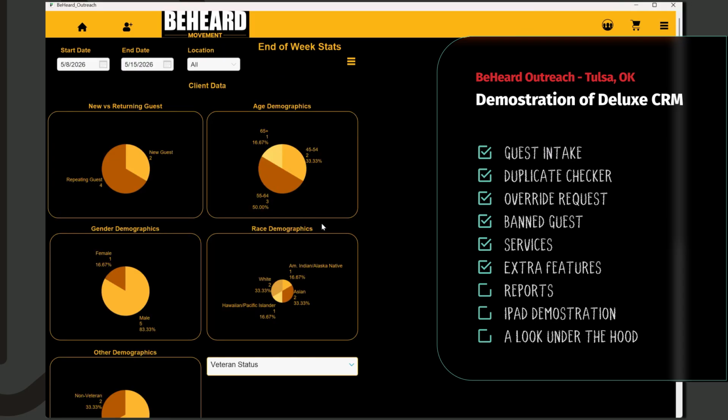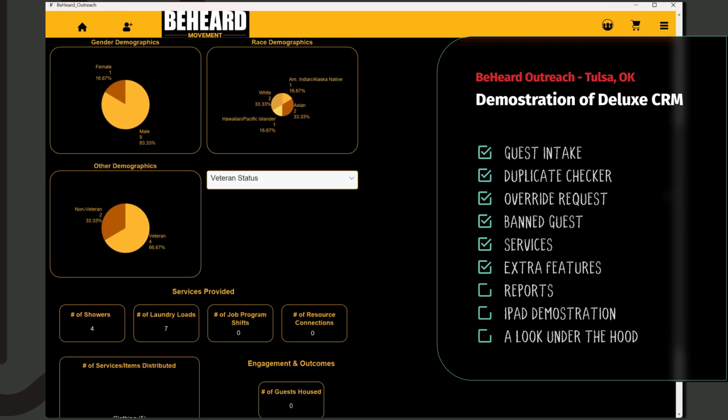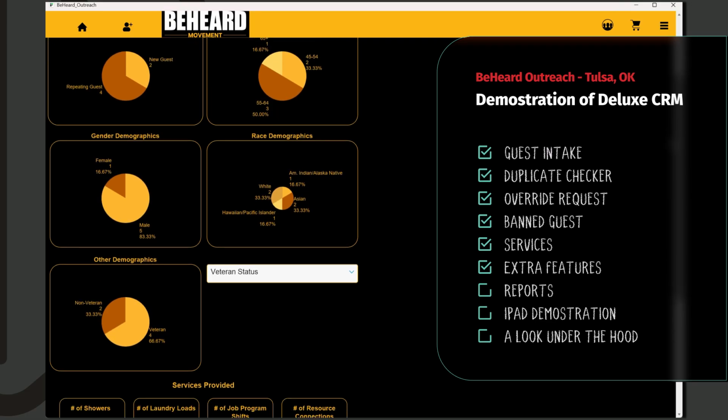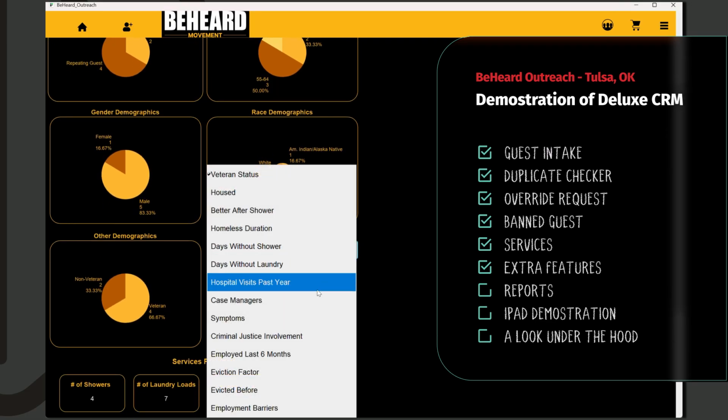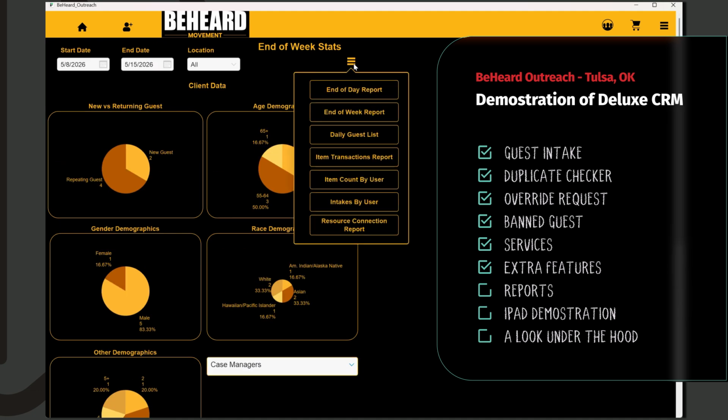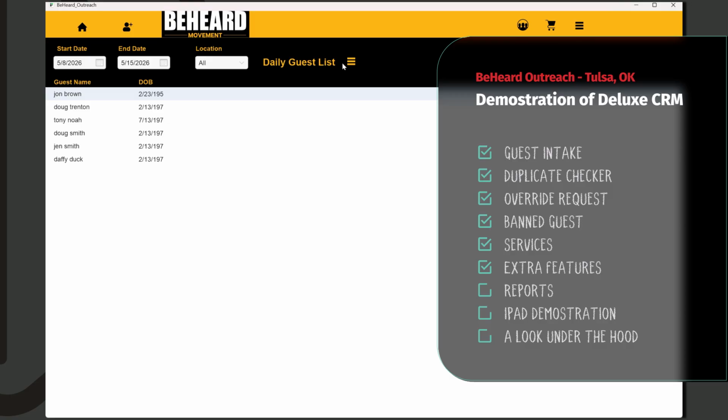The end of week report displays pie graphs of all of the information, again by location and date. It's going to show you the answers to the questions and what the averages are. And this is actually interactive, because there are a few questions that aren't on the pie graph. You can easily update it and it'll give you the numbers. So that's the end of week report, daily guests,